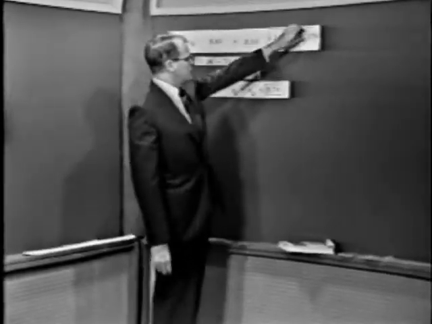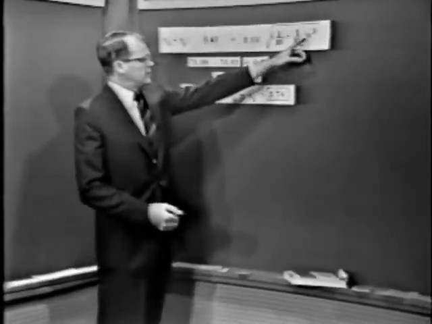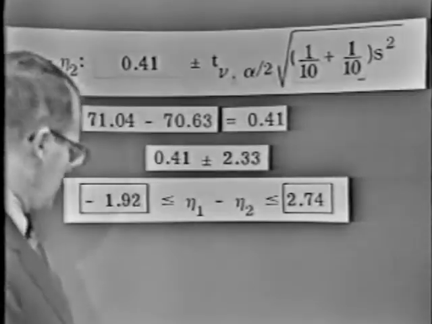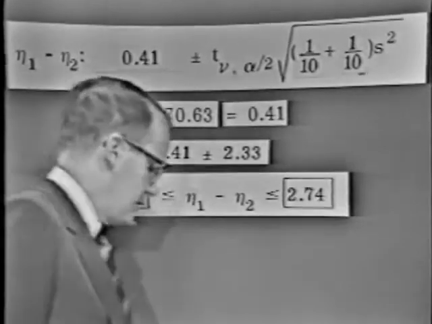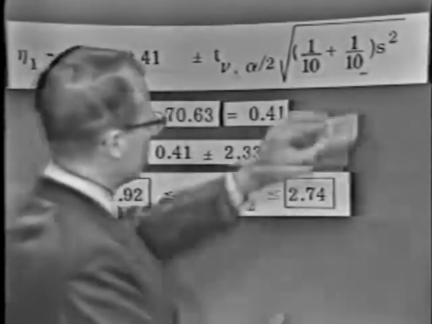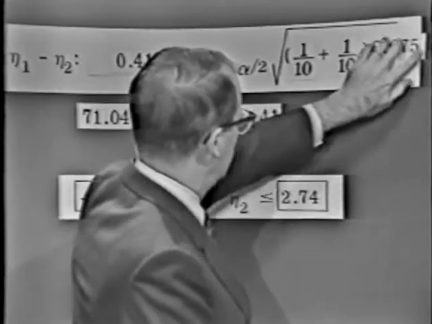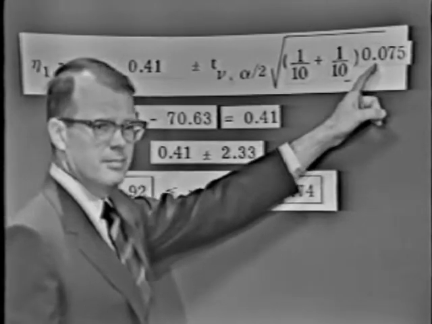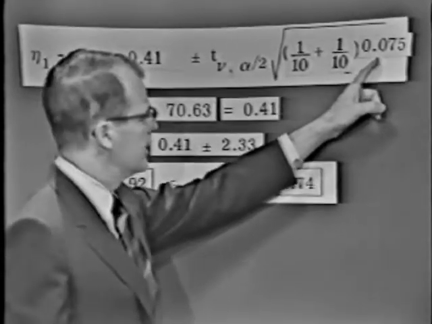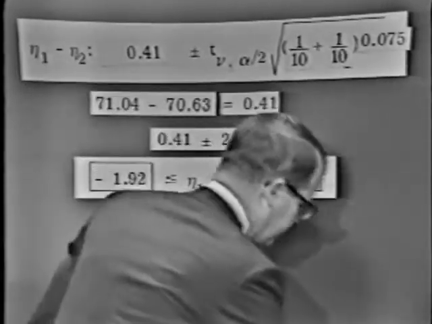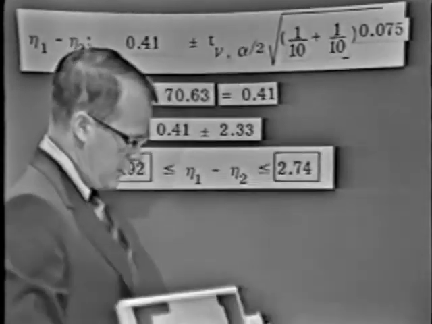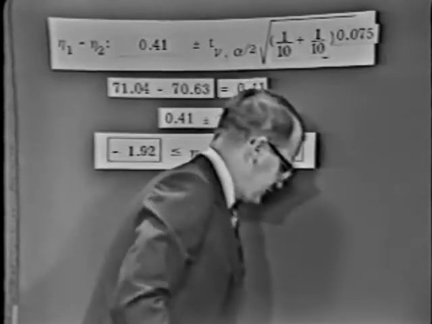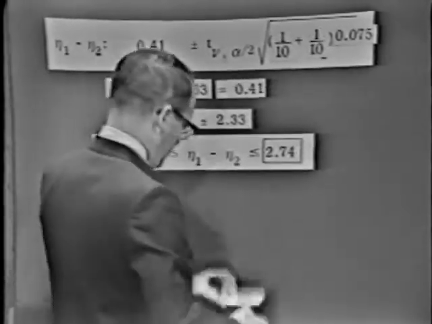Let's see now. S squared is going to be different. And if S squared is different, and it's going to be based on another number of degrees of freedom, then T will have to be different as well. So I have two substitutions to make here. My S squared turns out to be 0.075. Okay. And what do you think the T is? It will be a T with how many degrees of freedom? It's a T with 9 degrees of freedom. And T with 9 degrees of freedom is, look her up, T with 9 is 2.23. So just plug in a 2.23 here for